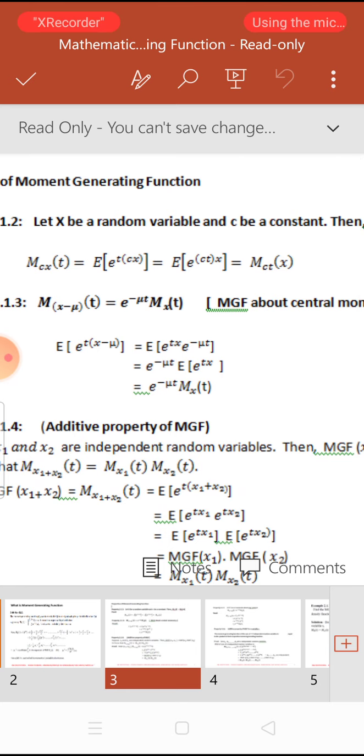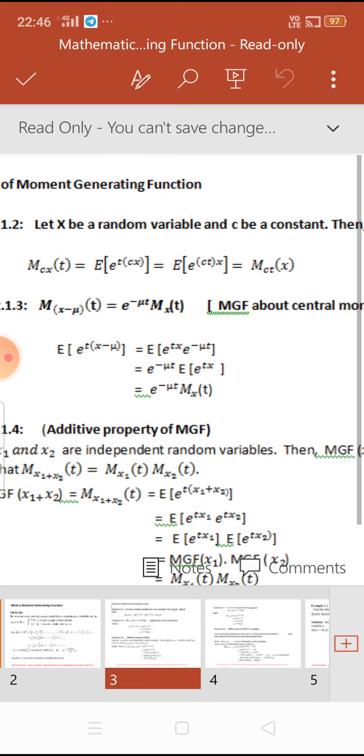So M_cX(t) is equal to, by definition, we are applying M_X(t) equal to E of e power tX. Instead of X we are having cX. So therefore